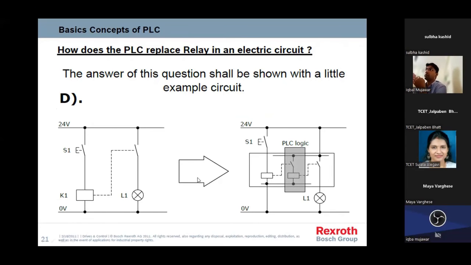Some of the participants might say, sir, ultimately it is the same thing. The same thing we have created here also and here also. The similar kind of logic is there. But what I said right now is, this is a physical wiring and this is a logical wiring. What is the difference? I will share the screen, sorry, the whiteboard, and here I can explain the same thing.